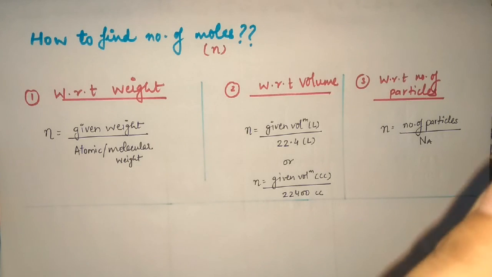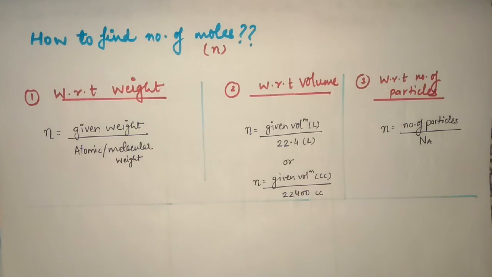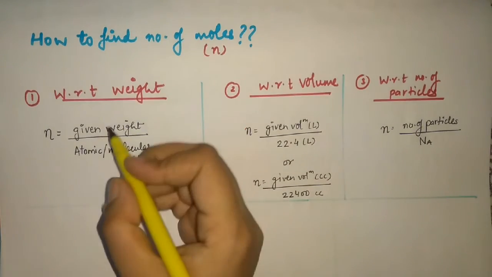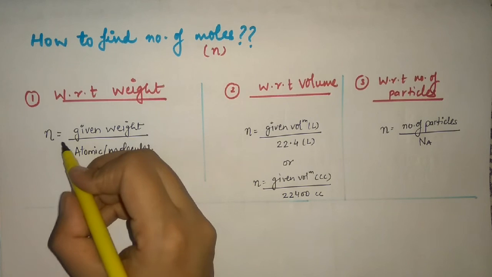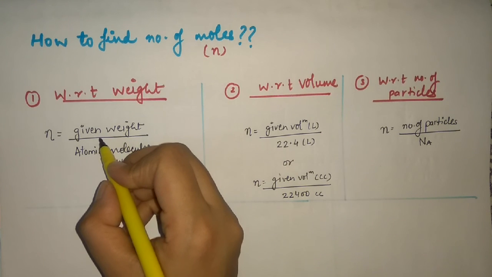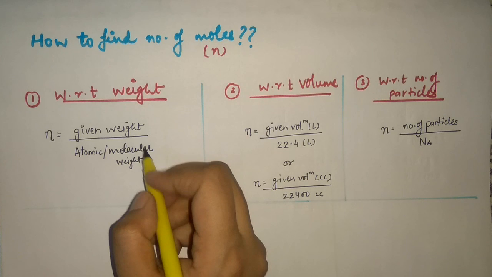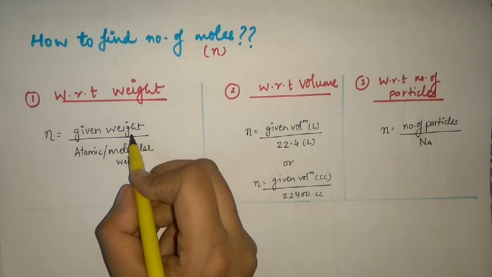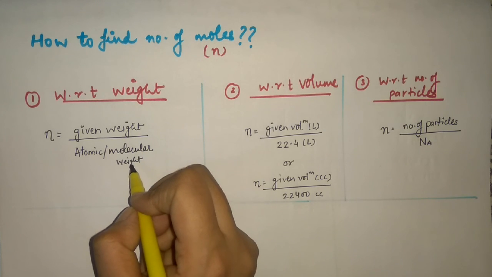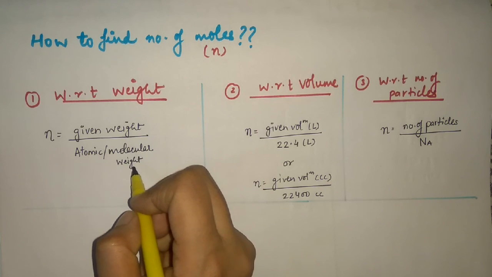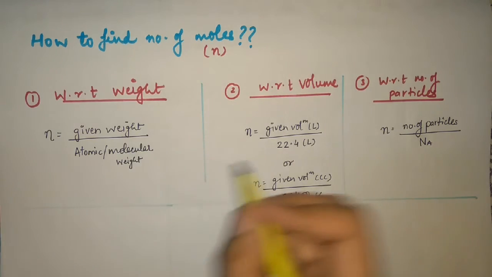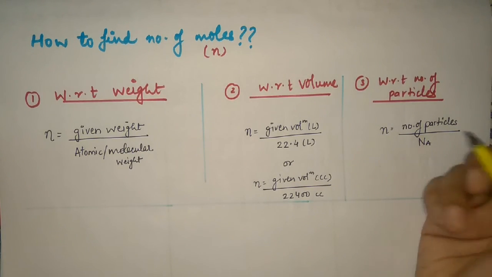If weight or mass is given, then how do you calculate the number of moles? Number of moles can be calculated as given weight divided by atomic weight or molecular weight. If you're talking about a molecule, it is the given weight of the molecule divided by the atomic or molecular weight of the atom or molecule respectively. If volume is given, then